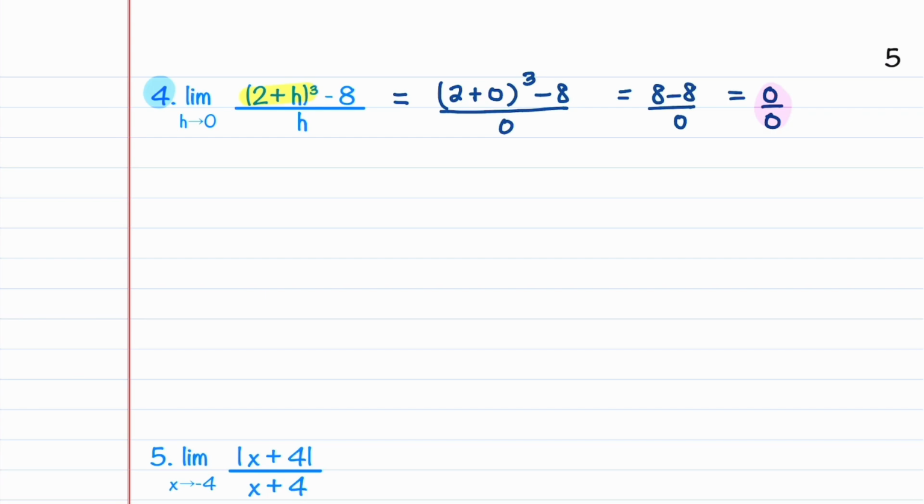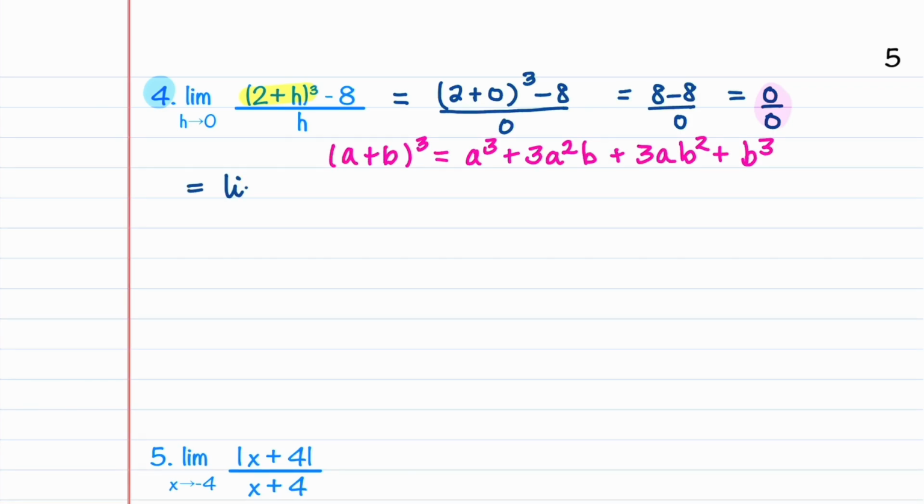You may not remember that formula, so let's go ahead and write it down. (a + b)^3 is a^3 + 3a^2 b + 3ab^2 + b^3. If you don't want to remember that formula, you can just multiply (2 + h)^3 out by hand. I'm going to use the formula, so I'm going to write down this is the limit as h goes to